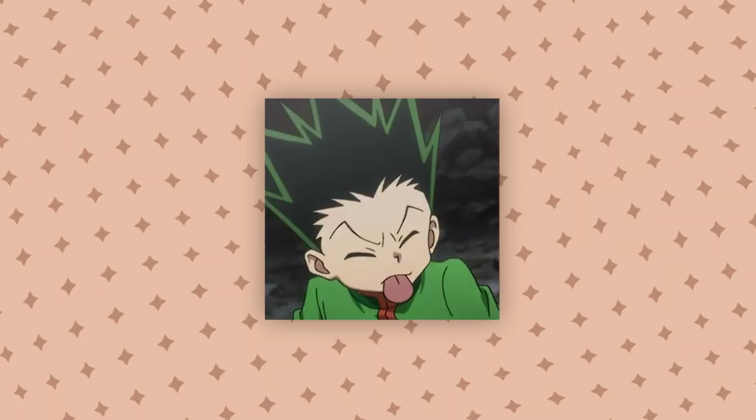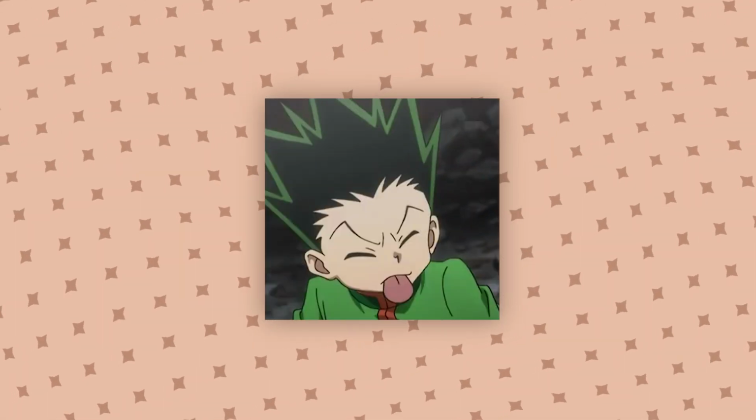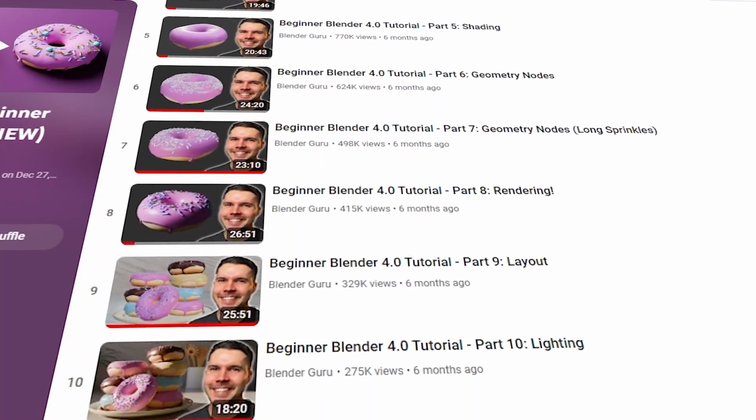This week I was faced with the harsh reality of Cycles render times, and I unfortunately found out what n-gons are. Now I love Gon, but man do I hate n-gons! On day 8 we finished up the donut, which means that it took us 2 days to get through all of this, which is kinda mad because when I did the tutorial 3 years ago, it took me